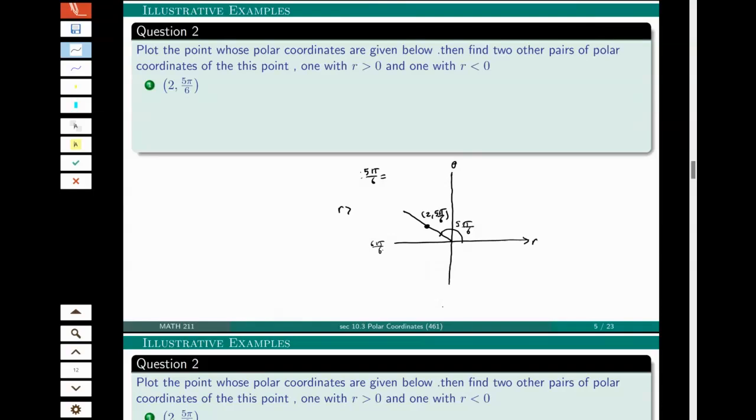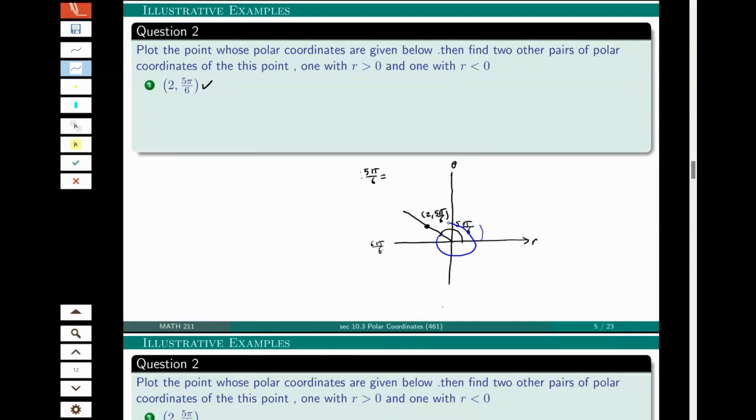If r is negative, we can say the location for this one is r equals 2 and the angle 5 pi over 6. I can find two points similar to this one, and one of them r is positive, one of them r is negative. For r positive,